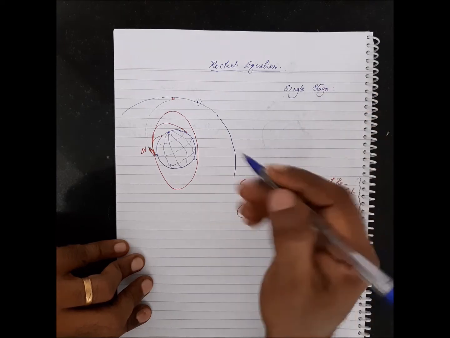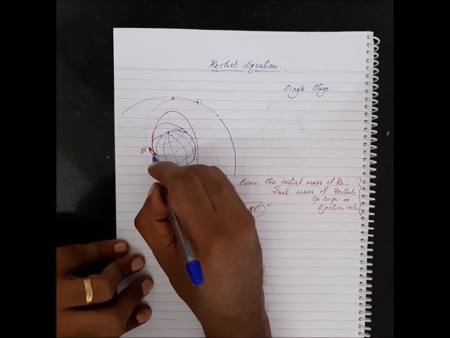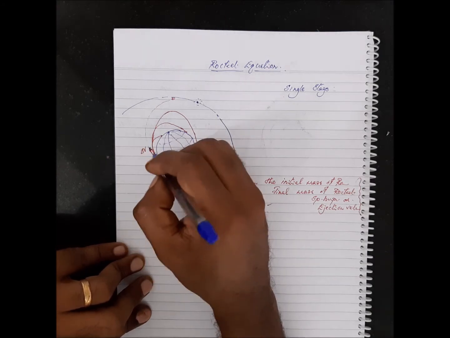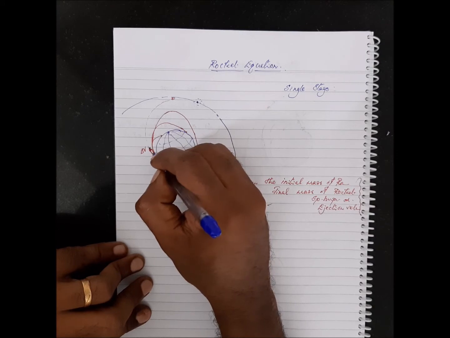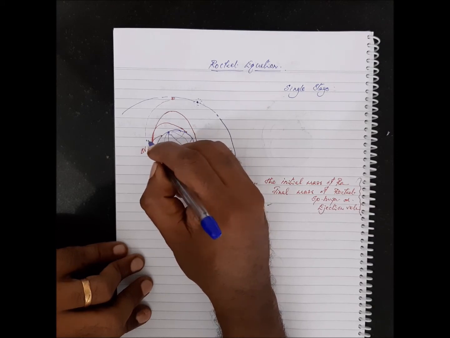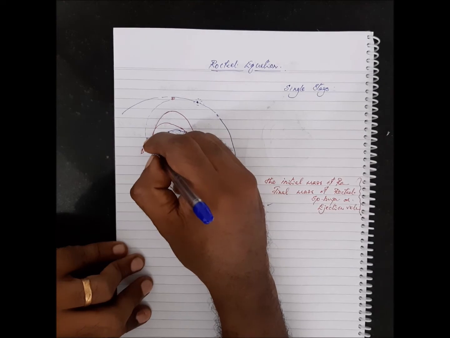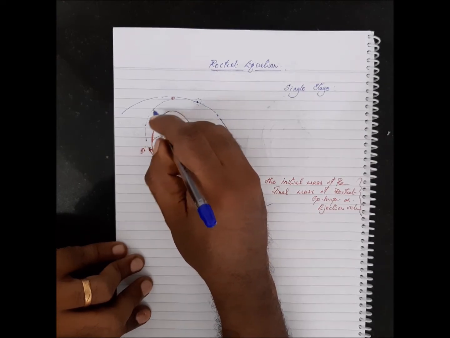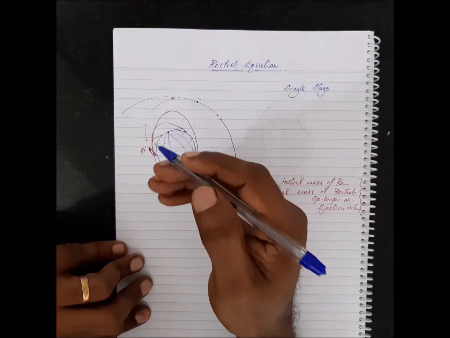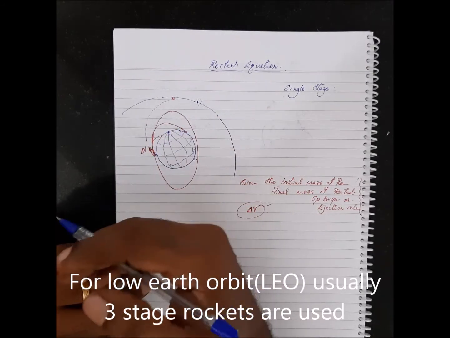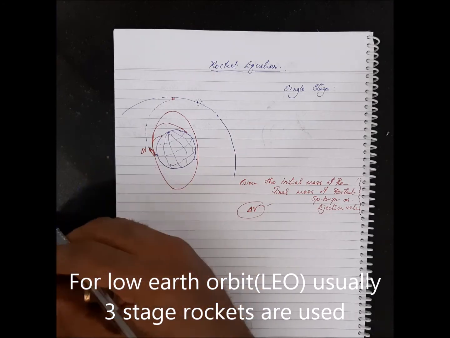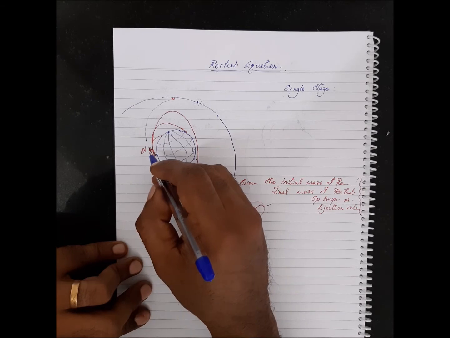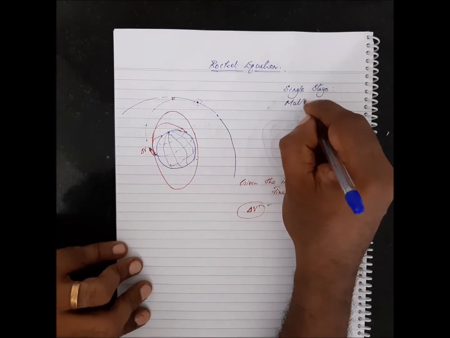Now the other option is you can think of using multiple stages in this rocket. So for example, you can launch the rocket, you can use the rocket from here to here, and then you can discard that portion of the rocket. Then you can use the second portion from here to here, and the third. And normally you have 3 stage or 4 stage. 4 stage is very rare, but still you have, depending upon the purpose, multi stages. So the option number 2 is a multi-stage.